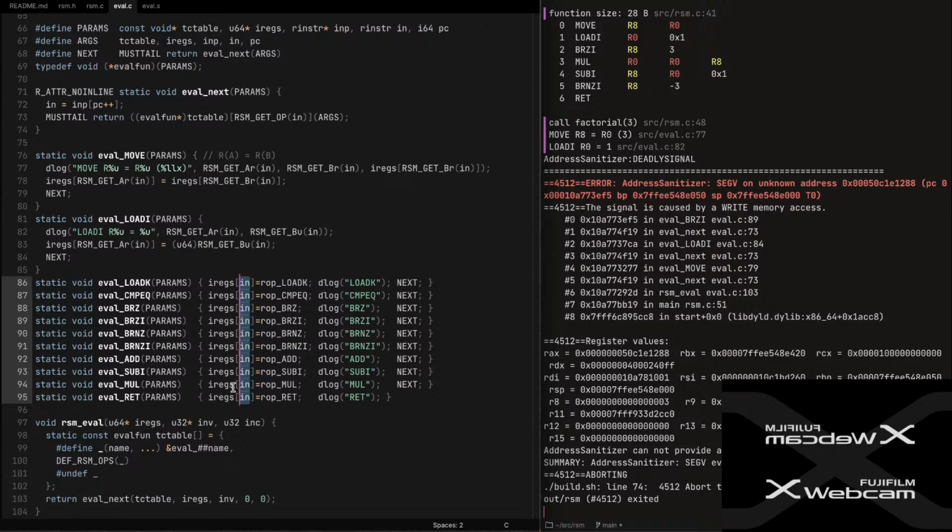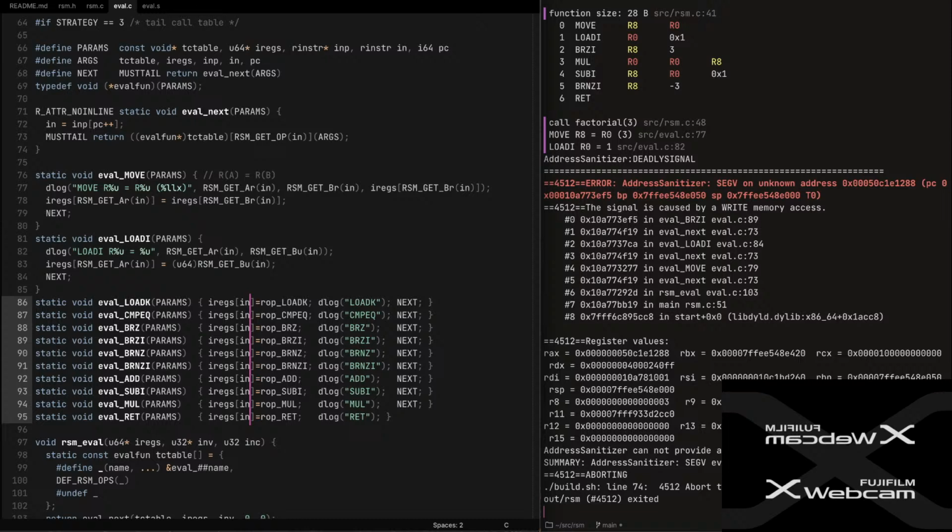So I need to add some code here, and we'll see this in a minute when we start looking at what code the compiler generates for these different strategies. I need to put something in here, otherwise the compiler is too clever and realizes that all of these do the same thing, and it can just skip generating code for it, which makes it harder to compare. So the instruction here gets too large and it overflows the space we allocated for registers. And so what we can do is just use modulus here, and we have